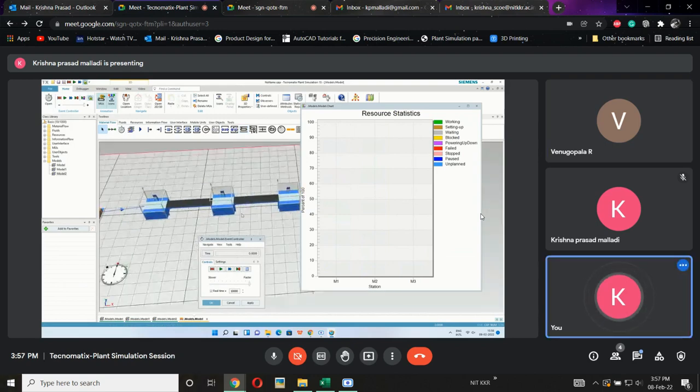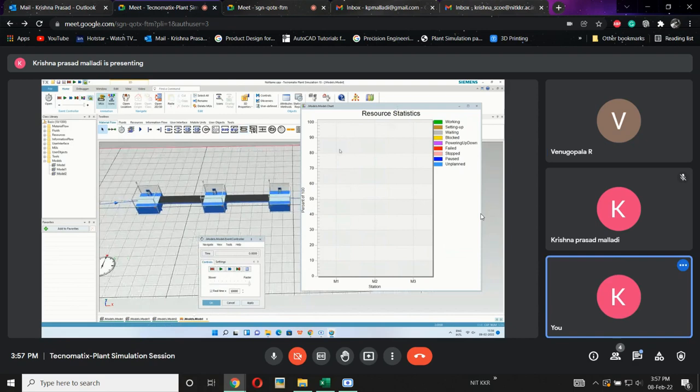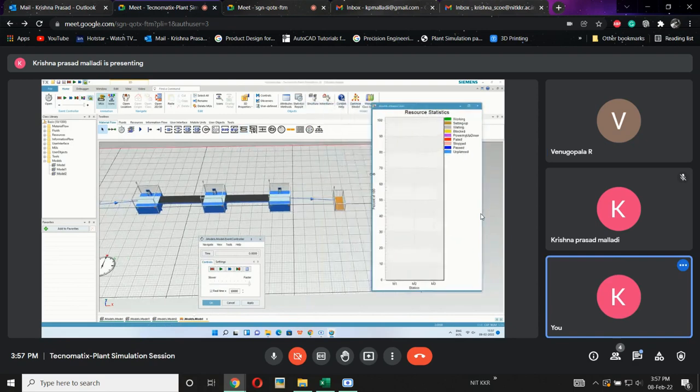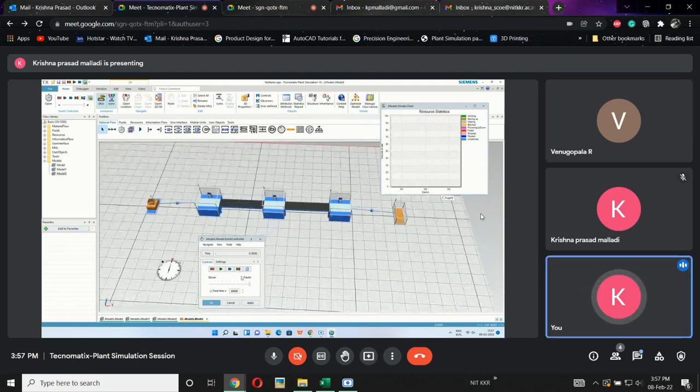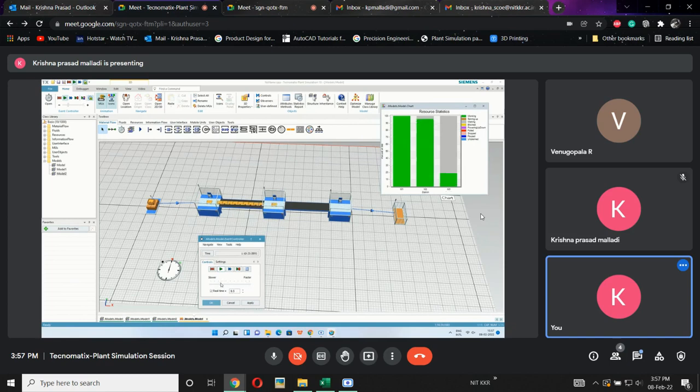So now it will be clearly visible. Now if I run it in a slower manner, sir, I hope it's visible.